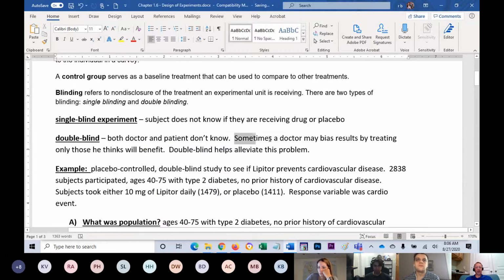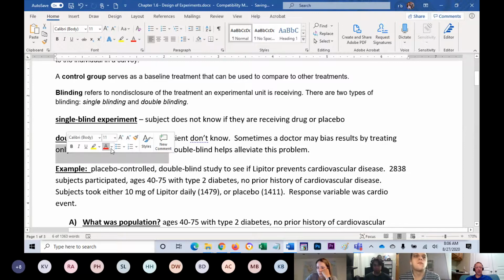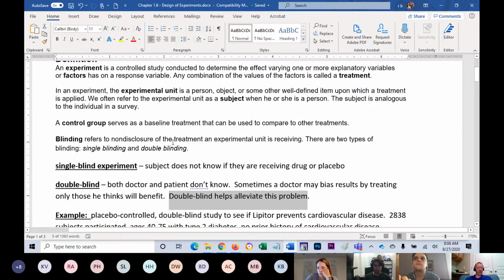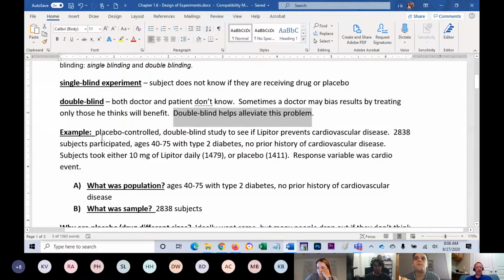Sometimes a doctor may bias results by treating only those he thinks will benefit, and so a double blind study helps alleviate that problem. I know I've gone over a bunch of new terms here, so you'll need to know those. But here's an example. Your homework